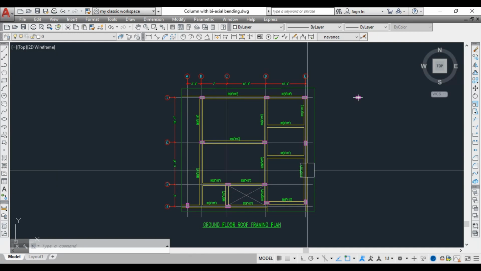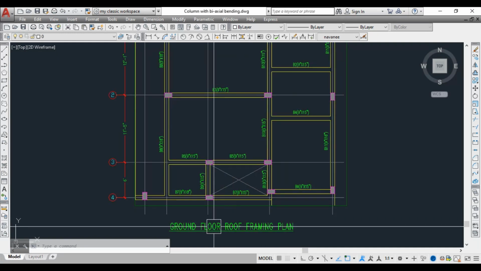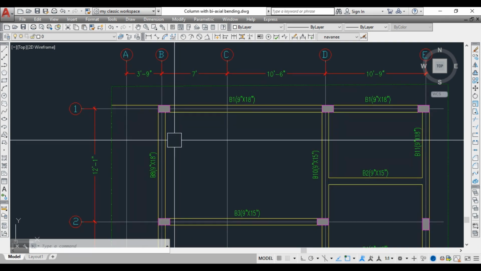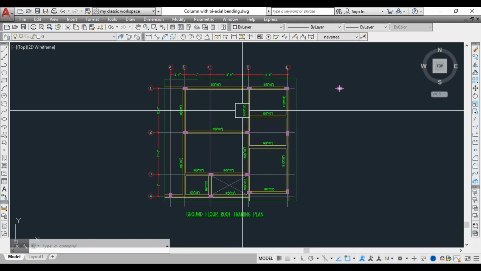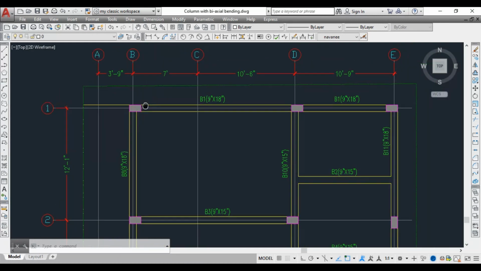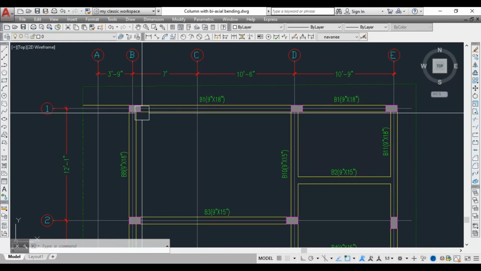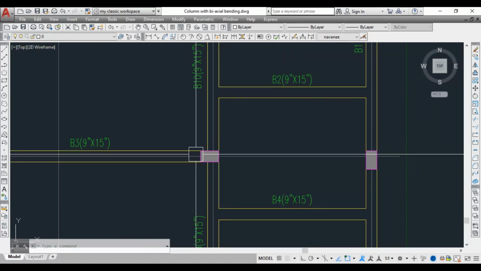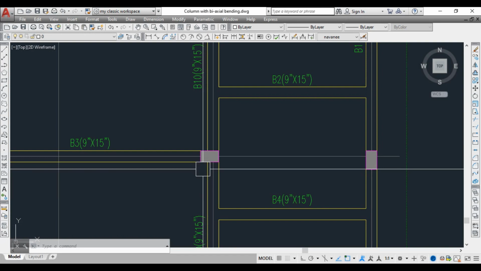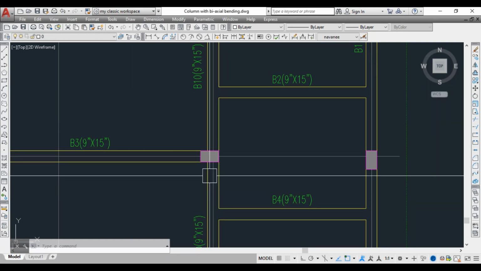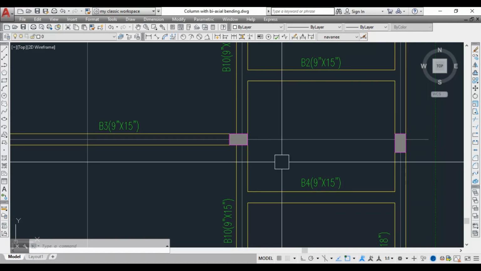Let me show you the irregular column layout. Here I have the ground floor roof framing plan, which has an irregular column layout, that means the spans are irregular. If you see this corner column, we need to design it for biaxial bending moment. Also, this interior column we need to design for biaxial bending moment because the beams are framed in all three directions of the column.